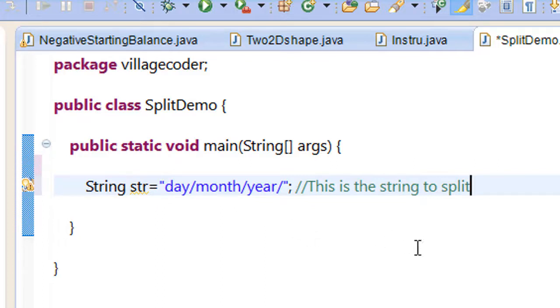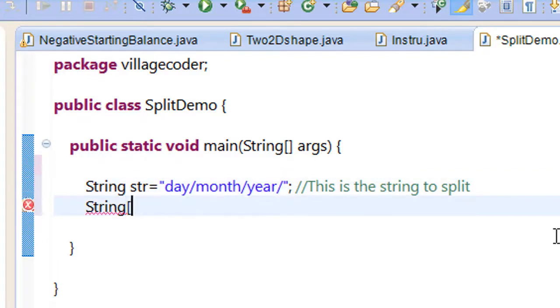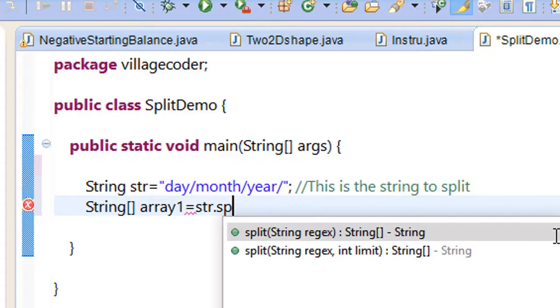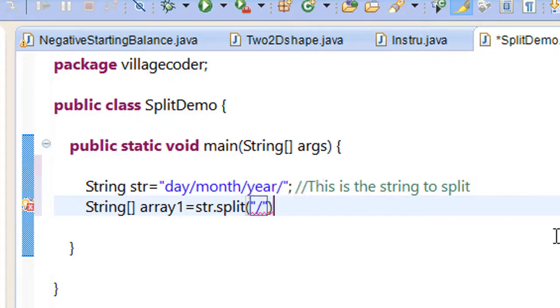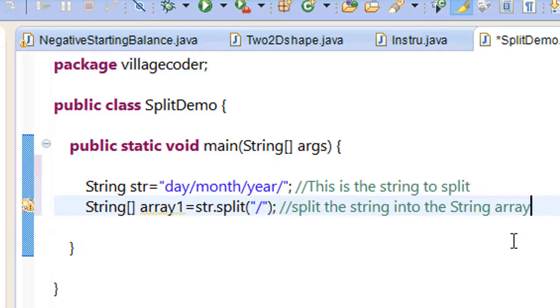Okay, so what I'm going to do right now is to define a string array reference variable. One thing that you have to understand is that the split method splits the string into tokens or substrings and stores them into an array of strings. I'm calling it array1. So I'm saying split the string into the string array. So what you can see here is that I've defined a reference variable called array1, and it stores an array of strings. Now what will happen here is that the string will be split into substrings and stored